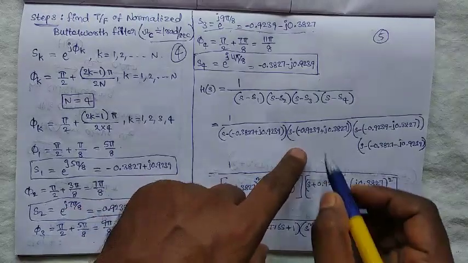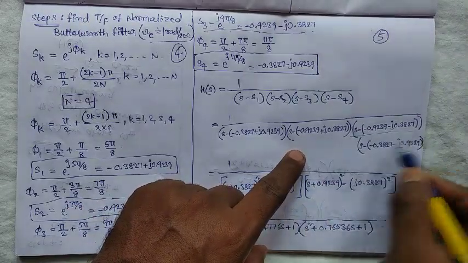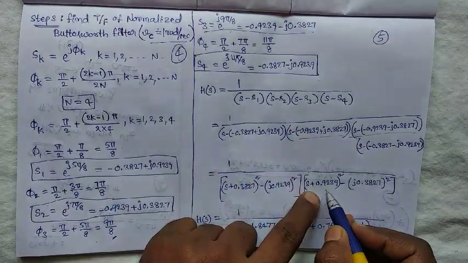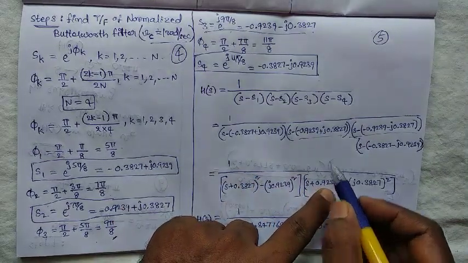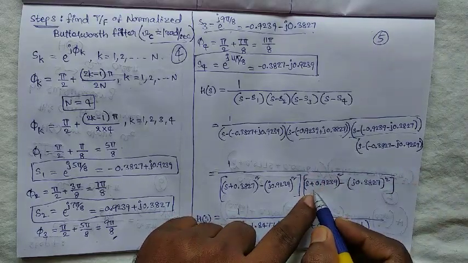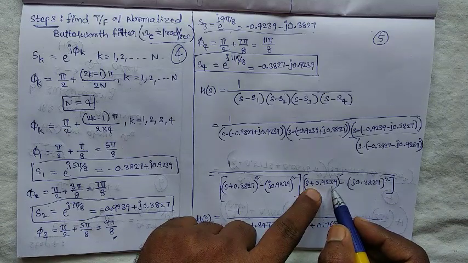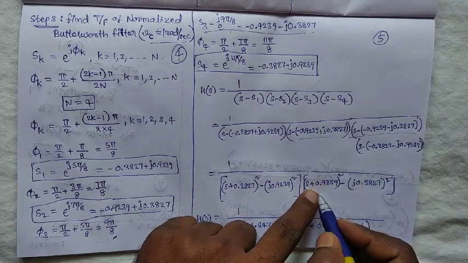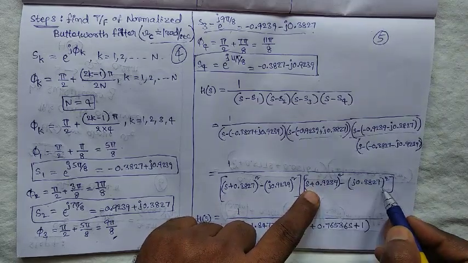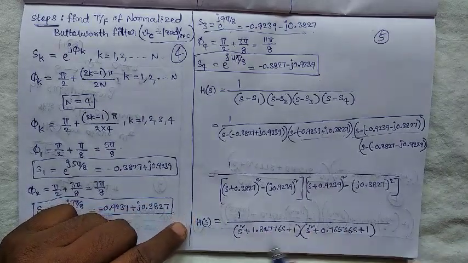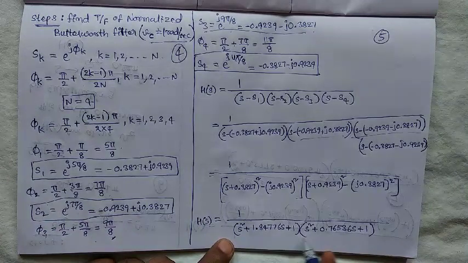Here these two also have a similar form. S plus 0.9239 means it is of the form a plus b into a minus b. Here a is s plus 0.9239, b is j 0.3827. Here it is of the form a square minus b square. We are simplifying this one. After simplification we get the H of s of the form: